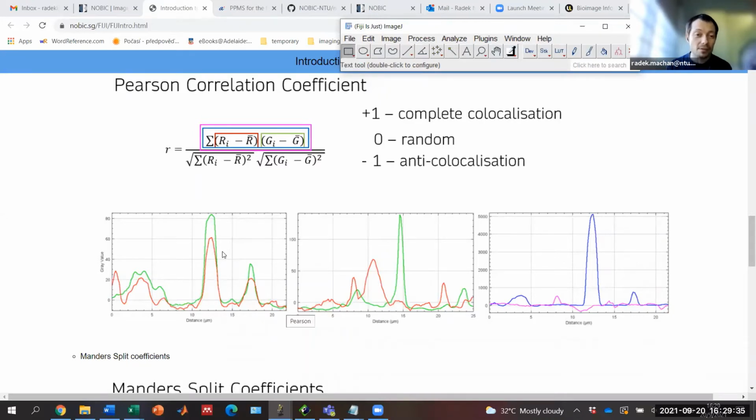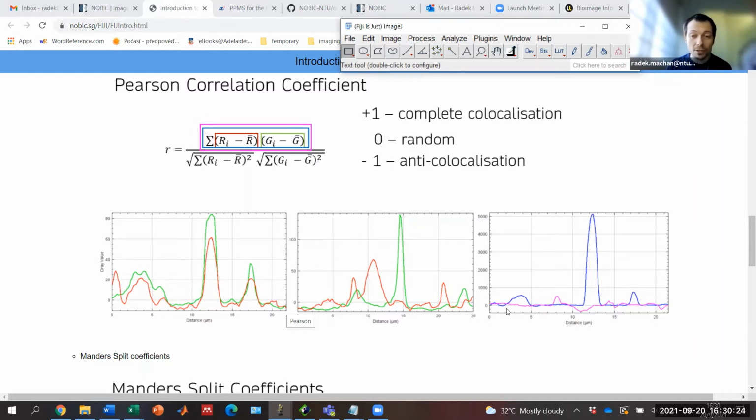And in this case, there is clearly colocalization between these images. Where I have high signal in the red channel, there seems to be, in most cases, high signal in the green channel as well. And where I have low signal in the red channel, there is low signal in the green channel as well. So then for each pixel, I do a product of these two values. I multiply the green value with the red value. And this is what I get, this blue curve,